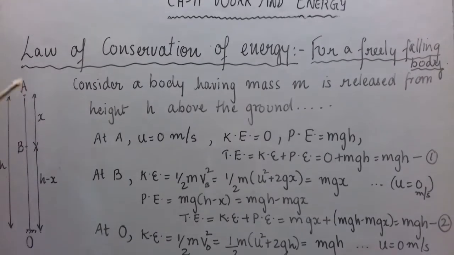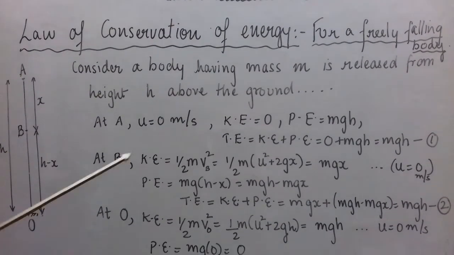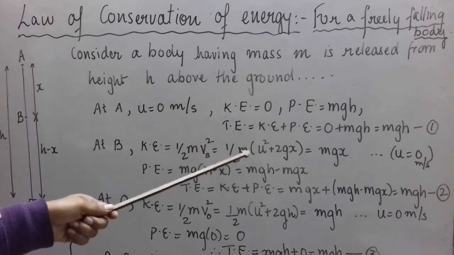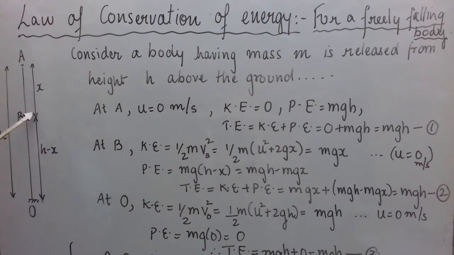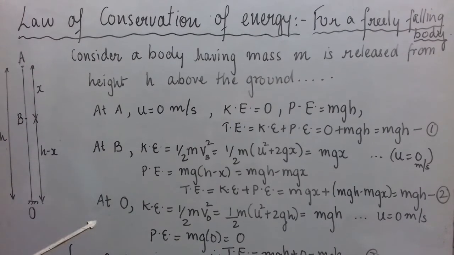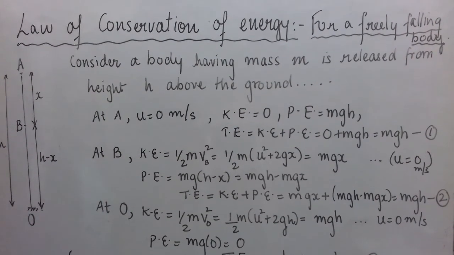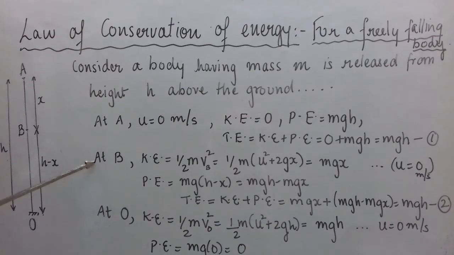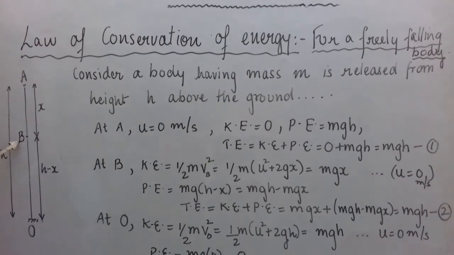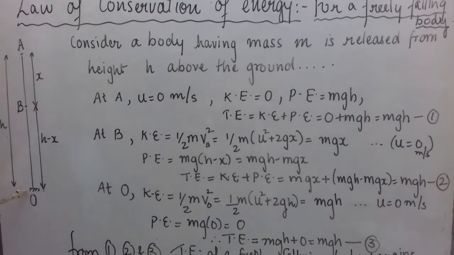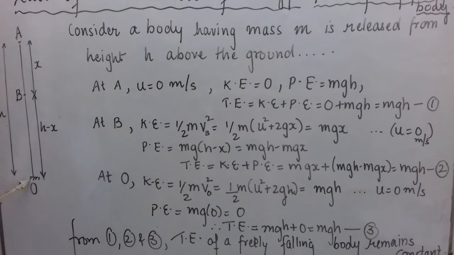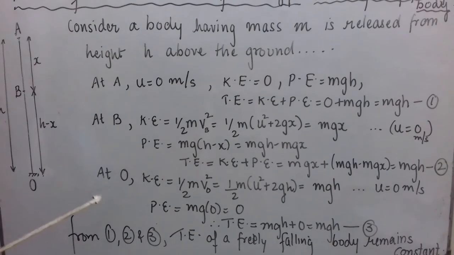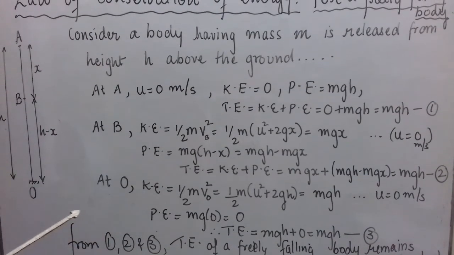Students, remember that when students try to prove this, they make mistakes when they use a formula, for example v_B square equals u square plus 2gx, they should use x, not h minus x. So you should put the proper values. That you can do when you draw the diagram. It will be easier for you, and always consider the motion, like for B, you consider the motion from A to B, then this will be the displacement. At point O, you consider the motion from A to O, this will be the displacement. So when you draw the diagram, it becomes easier to put the correct expressions.